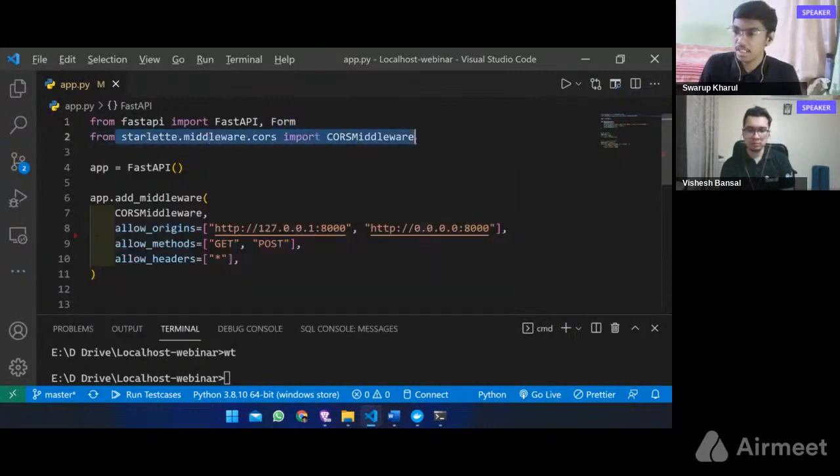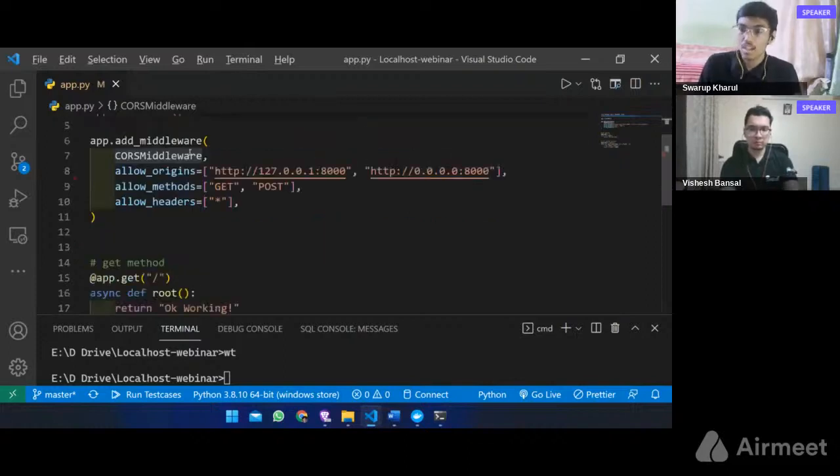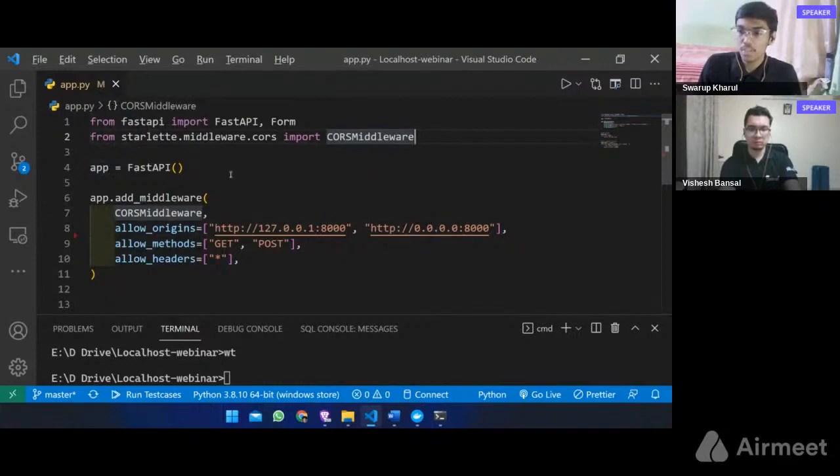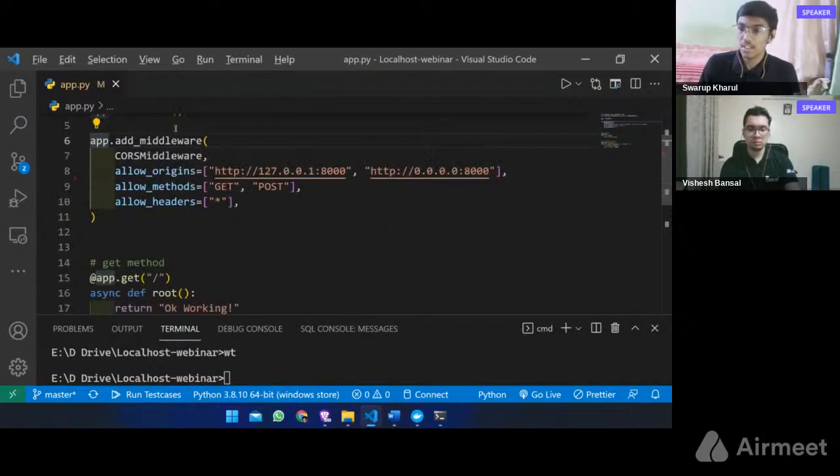Now then we are importing CORS middleware. Middleware I will explain again after some time. After that we are writing app is equal to FastAPI. So here the app variable will be an instance of the class FastAPI. This will be the main point of interaction to create all our APIs. Now what we are doing is we are adding a middleware to our app. What is a middleware? Middleware is a function that works with every request before it is processed by any specific route. So whenever a route is triggered, a middleware is run before the function returns some response.